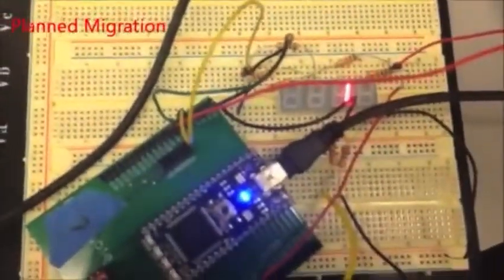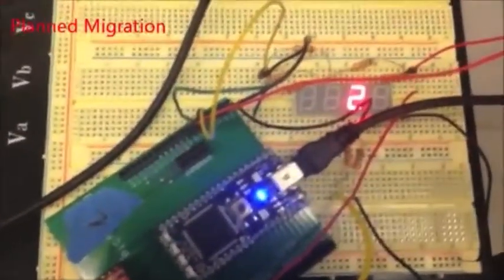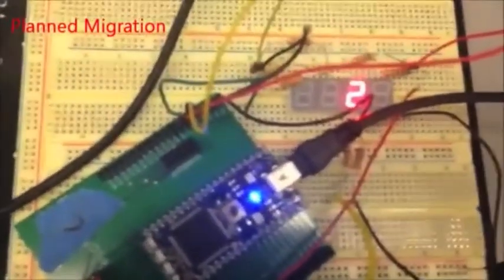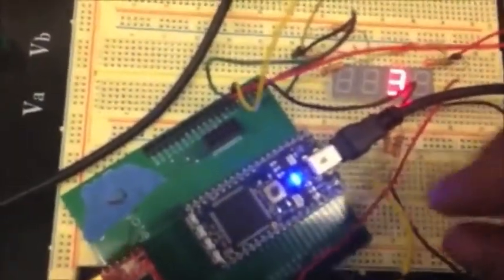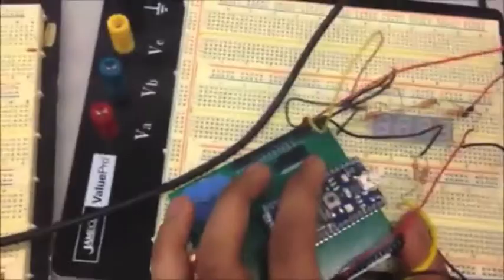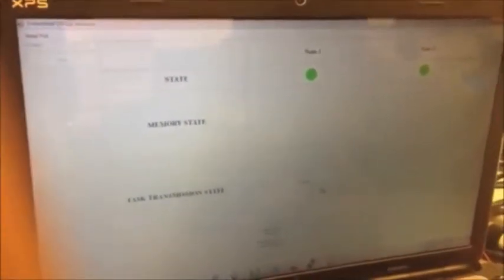So now it's initiating a task on node 2. The task is a simple function for counting 0 to 9. So you can see here it started counting from 0. It's at 1 now. It's counting 1, 2, and I'll kill it in between, and I'll show how the state will be preserved and transferred to a different node by node 1. So now I'm killing this node. Node 1 will check which is the next alive node and transfer the task.